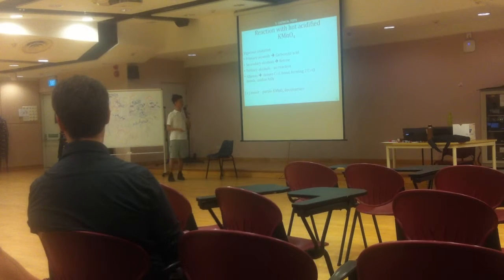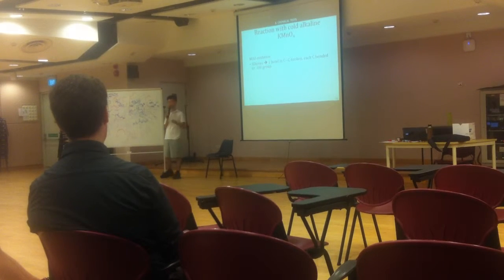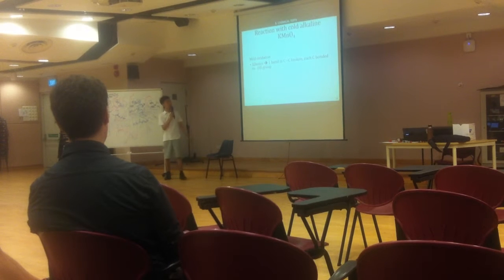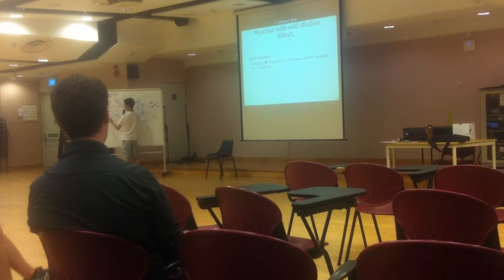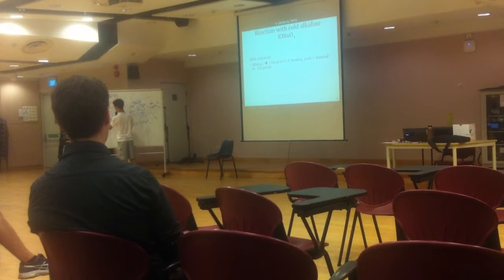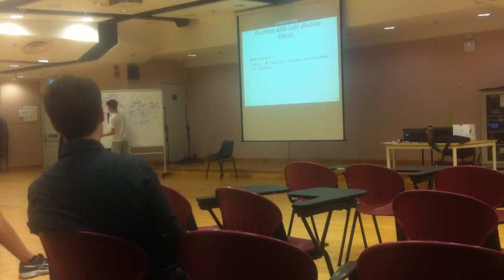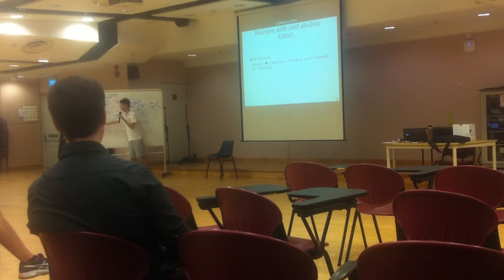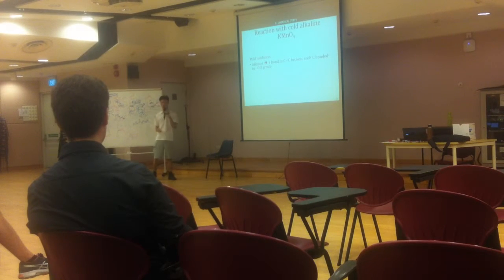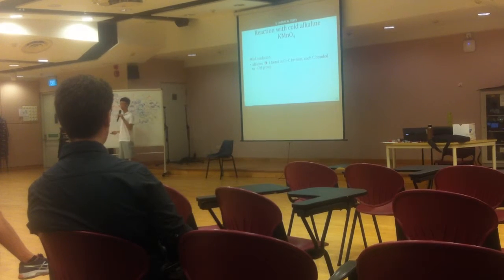Okay, so the positive result is obviously that the purple KMnO4 will decolorize. Okay, same thing for cold alkaline KMnO4, but this is only mild oxidation, and it doesn't oxidize your alcohols at all. It's just for alkenes. It actually breaks the pi bond. So if I use this example again, what happens is that this will actually become a vicinal diol, which is two hydroxy groups side by side. Okay, so you just break one of the pi bonds, and then you have two hydroxyl groups side by side.